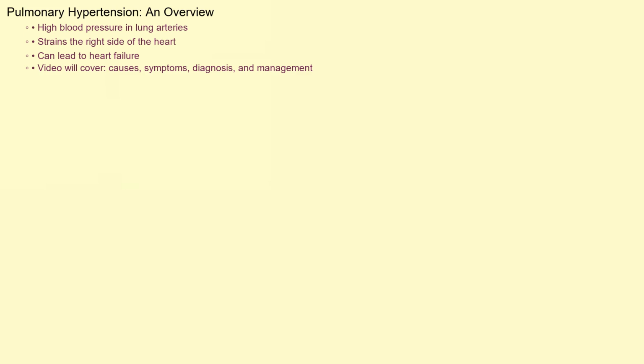Pulmonary hypertension, or PH, isn't just high blood pressure. It's high blood pressure specifically in the arteries that carry blood from your heart to your lungs. This increased pressure puts a strain on the right side of your heart, making it work harder to pump blood through the lungs. Over time, this can lead to serious complications and even heart failure. This video will explore the causes, symptoms, diagnosis, and management of pulmonary hypertension, providing a comprehensive overview of this complex